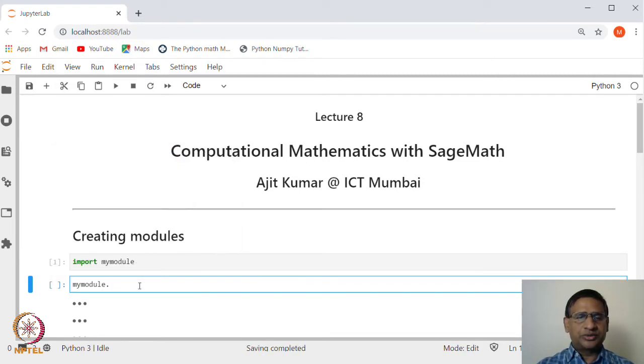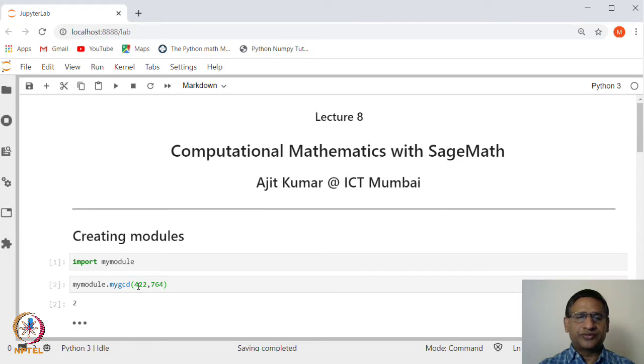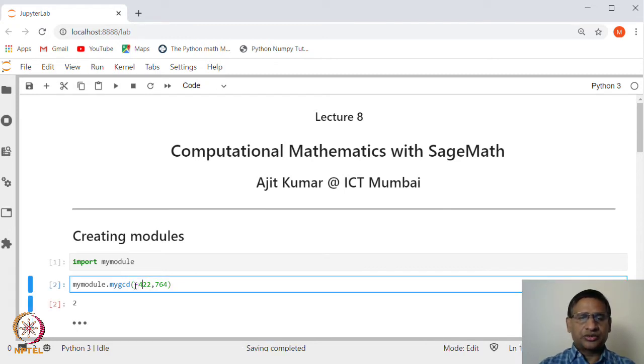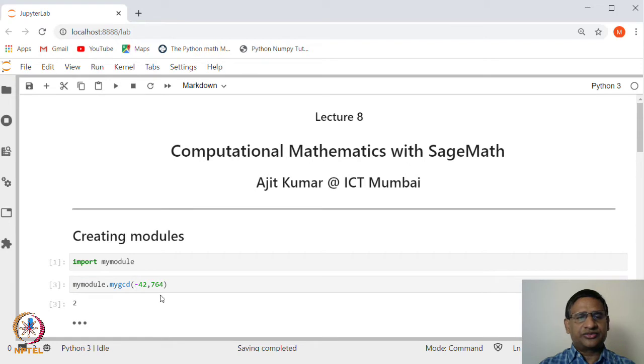And how do we make use of this? For example, if I want to find the GCD, I can say mymodule dot myGCD of two integers, let us say 42 and 764. The answer is 2. If I make this minus 42, the answer is still 2. So, you can access a function by typing mymodule dot the function name,